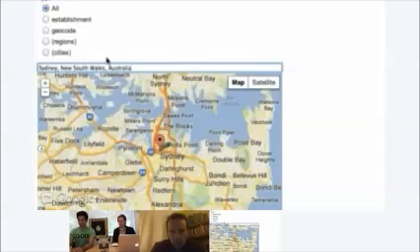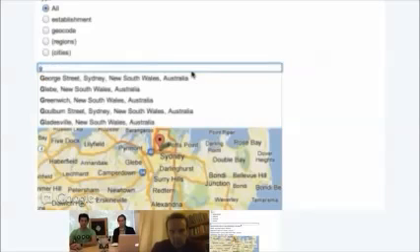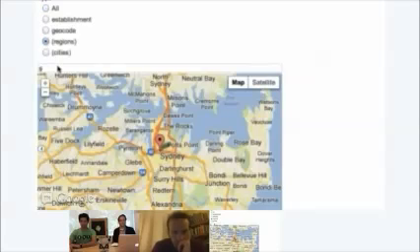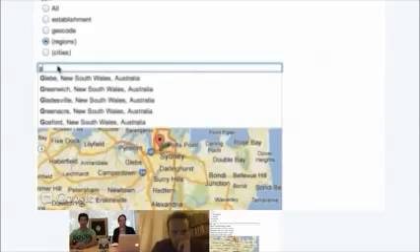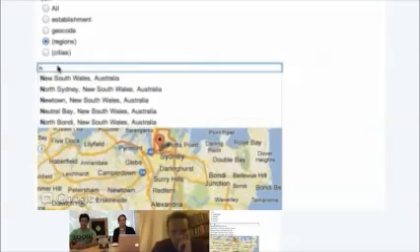For instance, looking at Sydney, if I type G, I get George Street first. But if I instead choose regions and type G again, I'll get Glebe back. Glebe is a suburb of Sydney, which in Australia, suburbs and cities have the same meaning. If I type N instead, I'll get New South Wales, which is the state, and a bunch